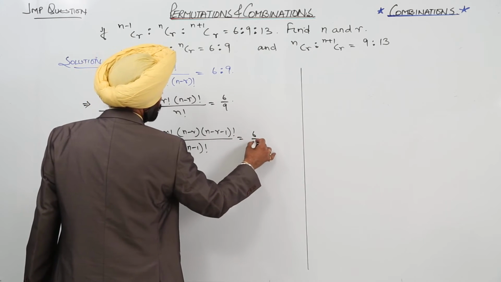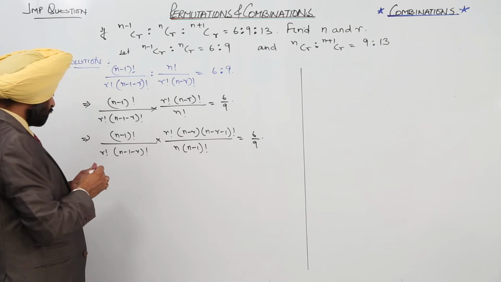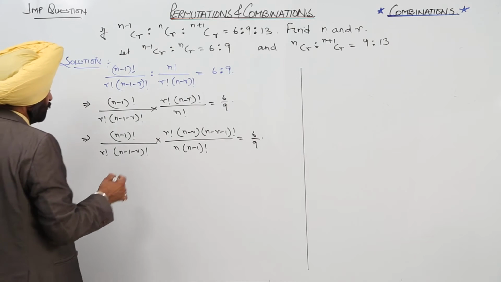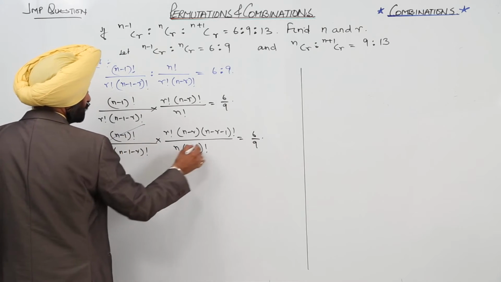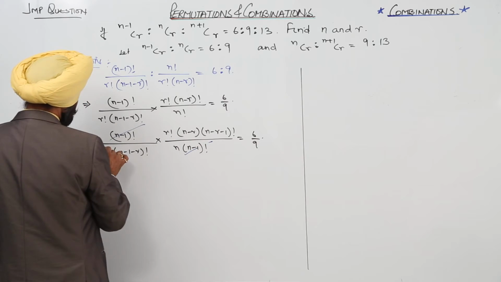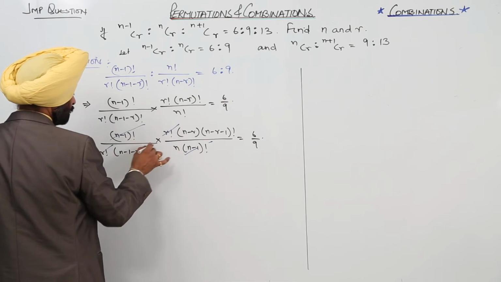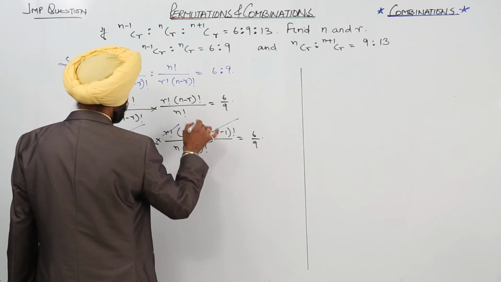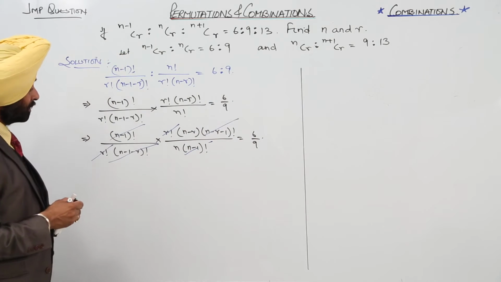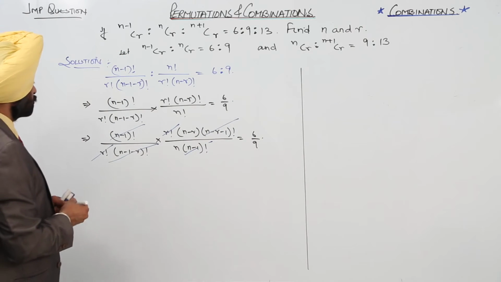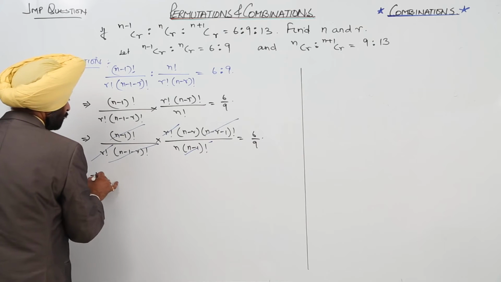This is equal to 6 upon 9. Now just look at which terms we can cancel. We can cancel r factorial with r factorial, and n minus 1 minus r factorial with n minus 1 minus r factorial. So we are left with now